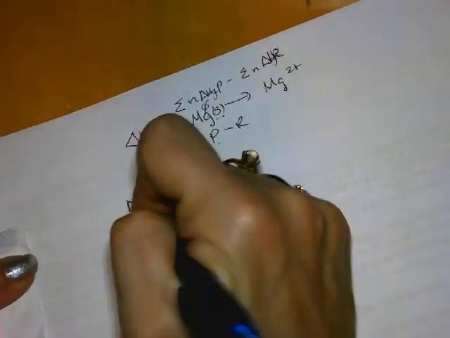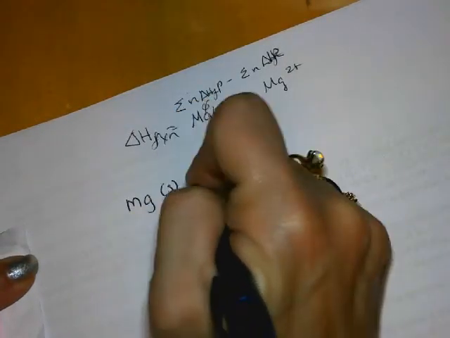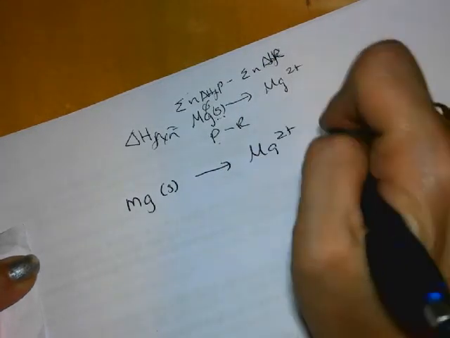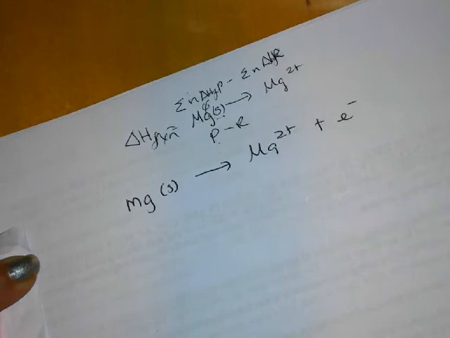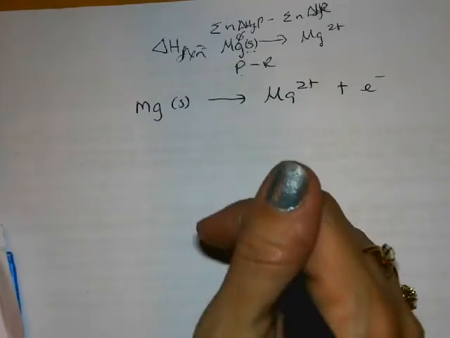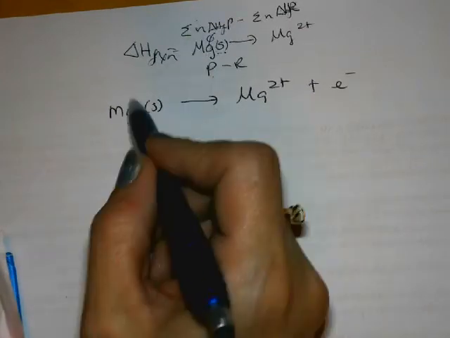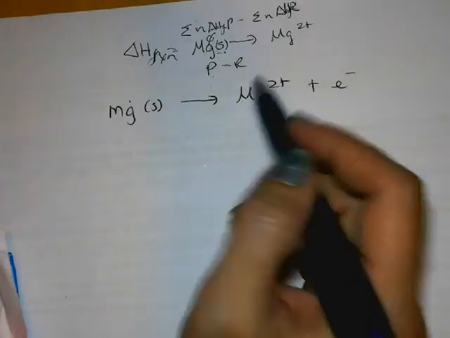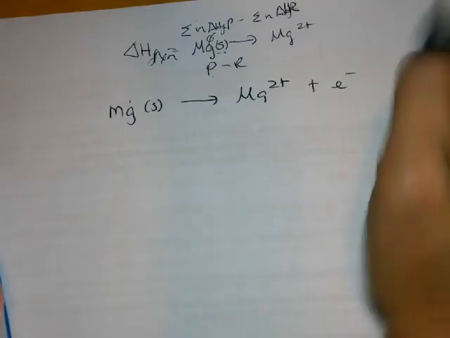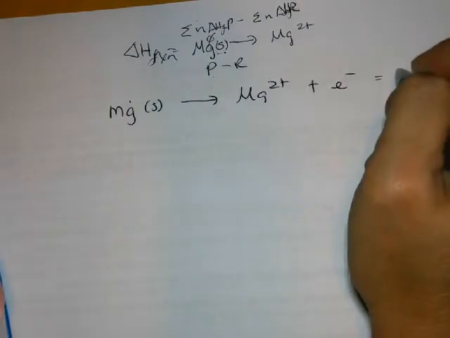So when I ask you to write a chemical equation, the chemical equation is just going to be this simple. Mg solid becoming Mg2+, and to balance it, we'll learn this later, there are also 2 electrons because we're going to be talking about oxidation states. But there it is. And since this is 0, the enthalpy change from our textbook that we just looked at for magnesium is equal to negative